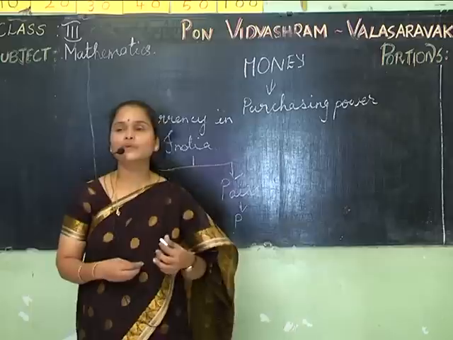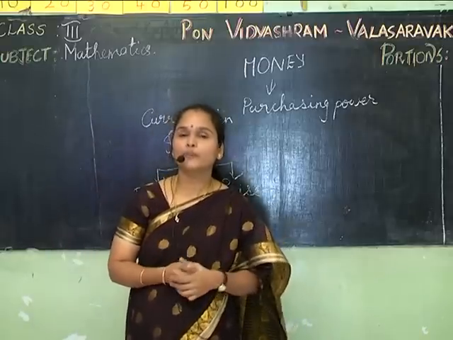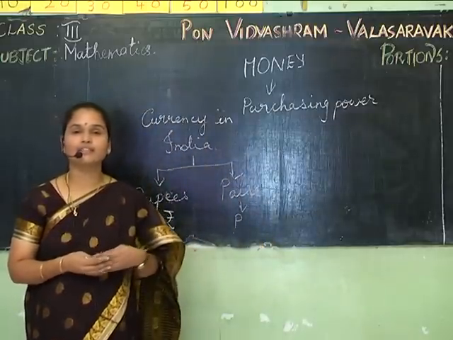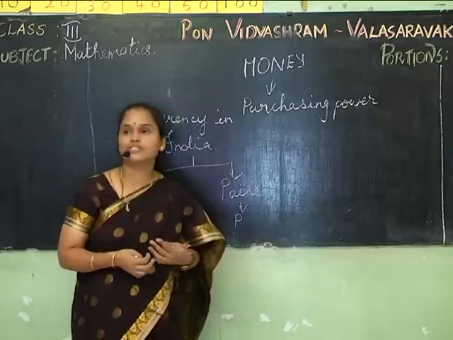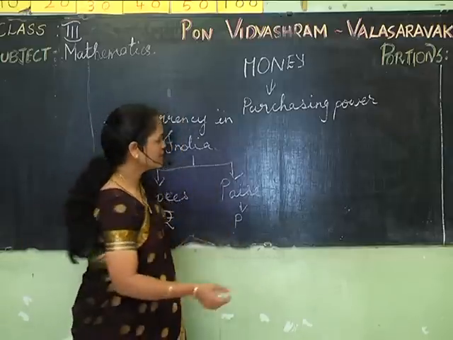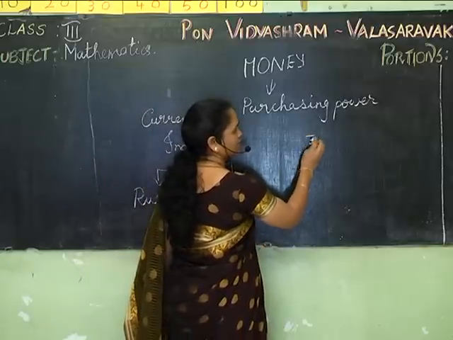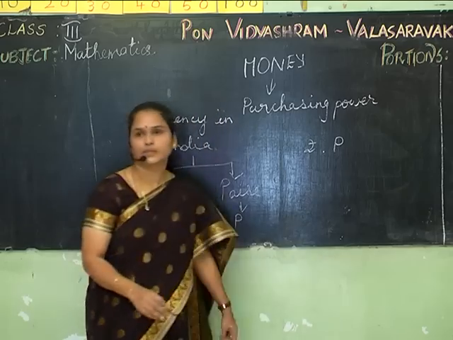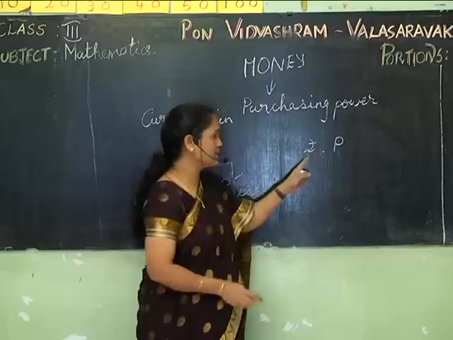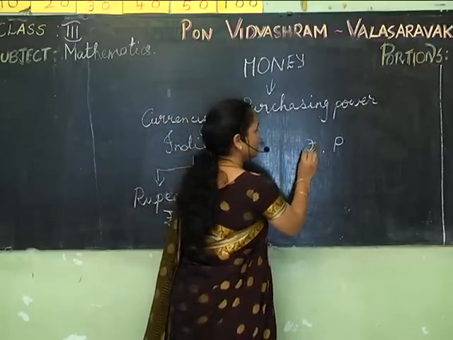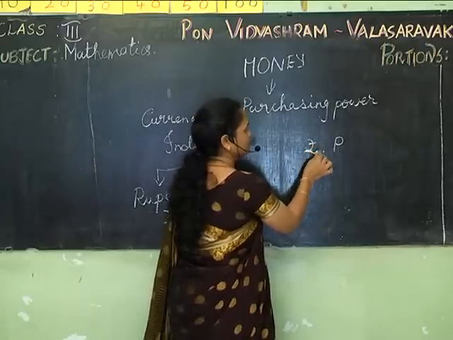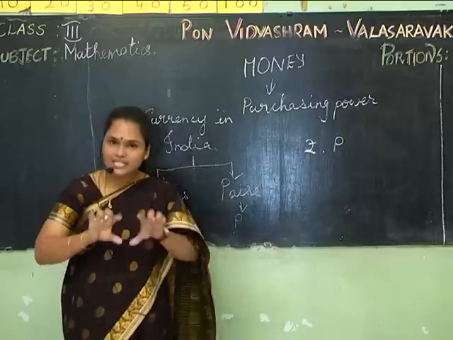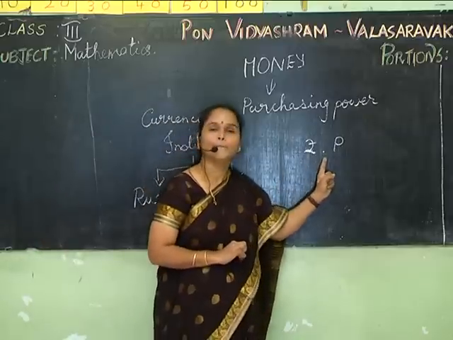Now children, how do you write rupees and paise? Writing rupees and paise is important because this is not the way we write the usual numbers. We have to differentiate the rupees and paise. We differentiate the rupees and paise with a dot. We represent rupees with the Hindi ra and a line in the middle. So rupees and paise are differentiated by using a point or a dot.